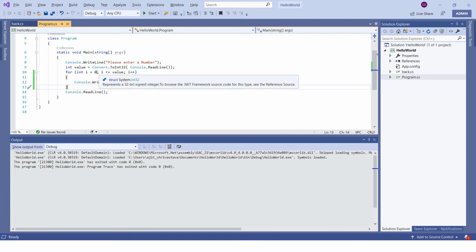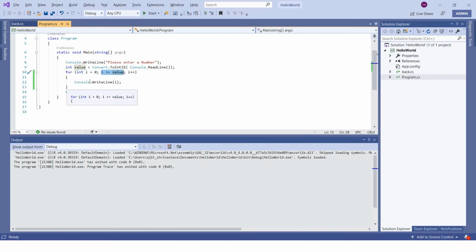So the initialization statement will get executed for the first time, even before executing the block, and it will get executed only once.